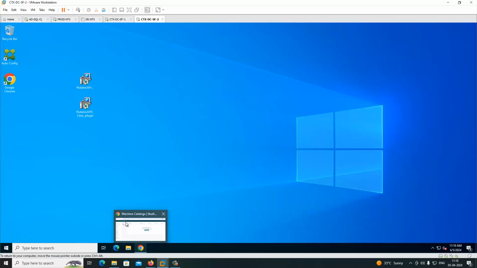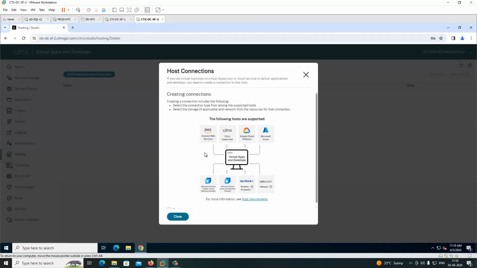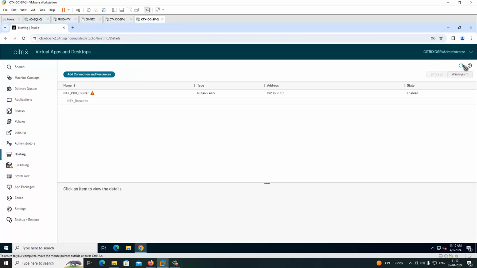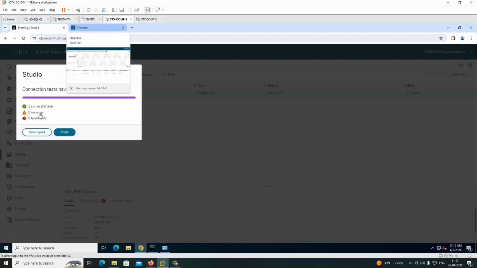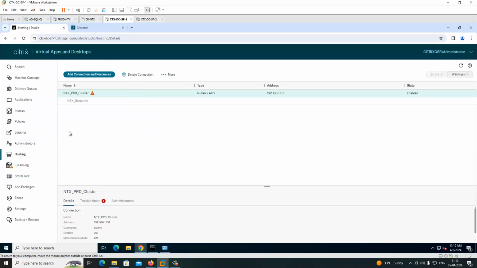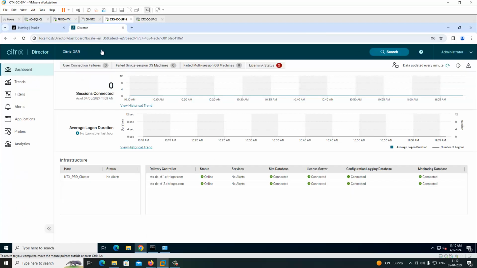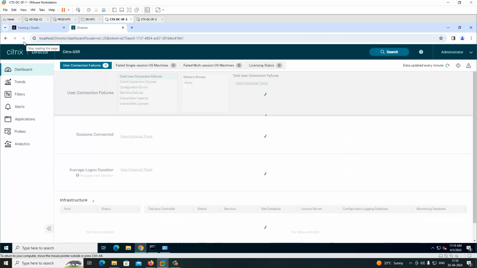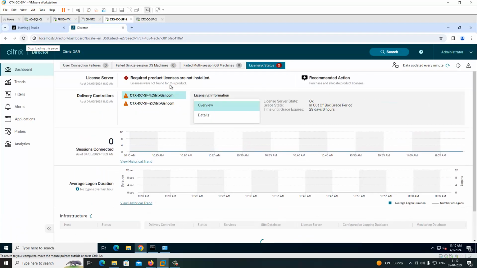Just go to the secondary controller also. Go to the hosting part. It's reflected here, but this warning will go away. No need to worry. You can see that three tests were successful. Okay, now it's gone. Now just go to Director and refresh the Director console, but still you can't see the